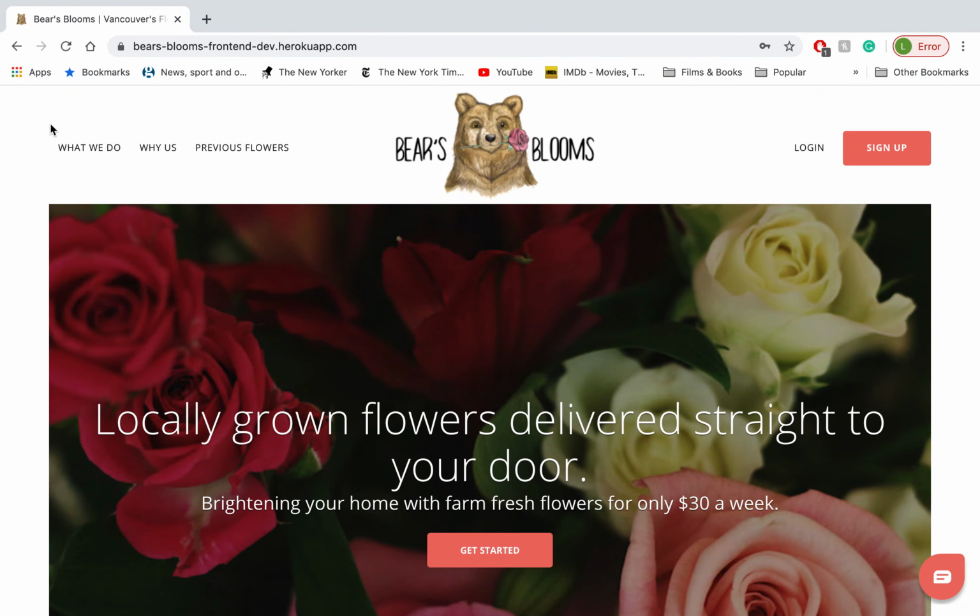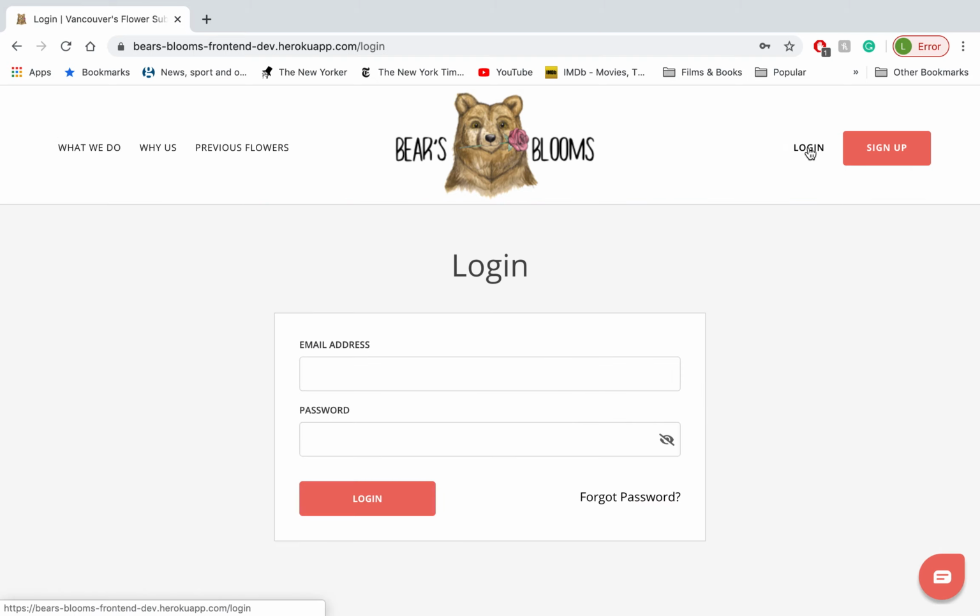In this tutorial, I am going to show you how to reset your password. So starting on the home page, head over to Login, type in your email address, your password if you do know it,